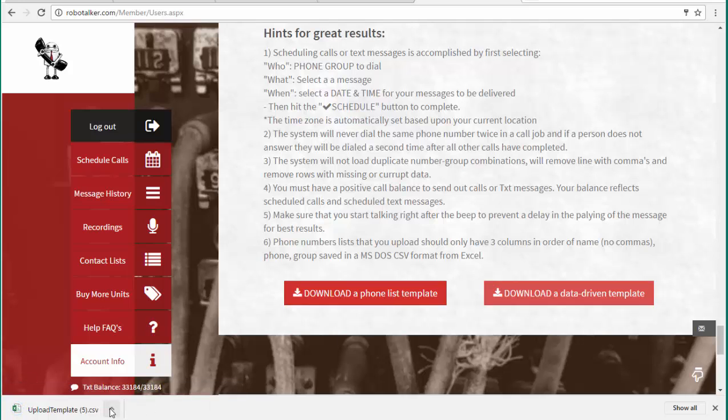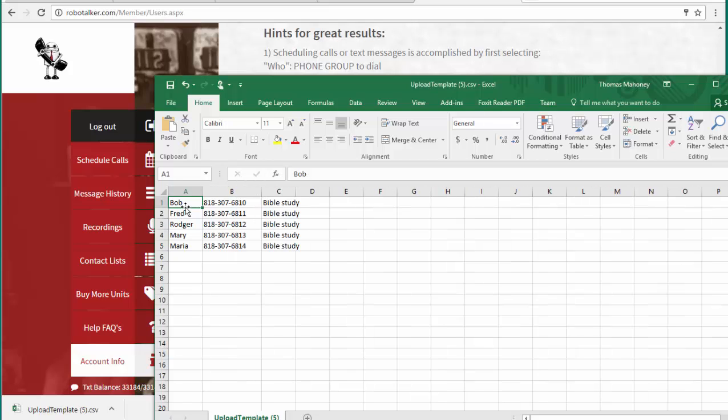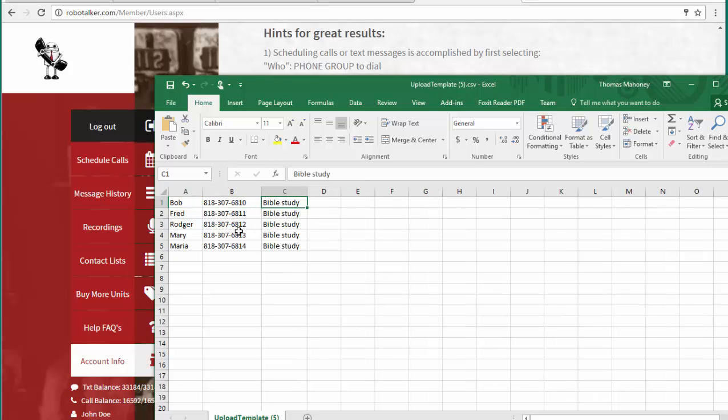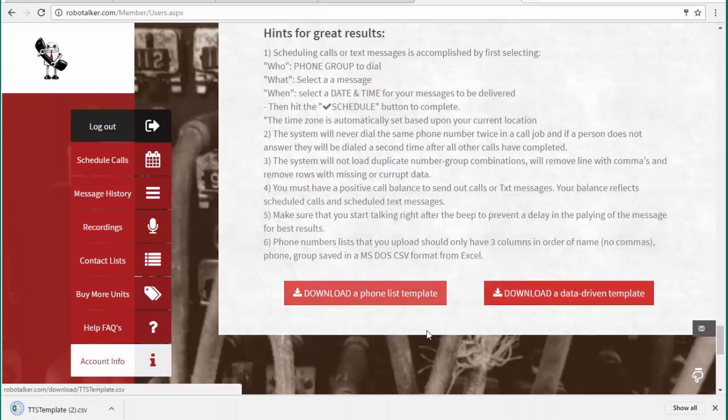There's a template here you can use for uploading your phone numbers or your contact list. Basically a name, no commas, phone number, and then a name for the group. This is a group that will show on the tab up here. This is a normal one, and then if you have data-driven phone calls or text-to-speech, you can